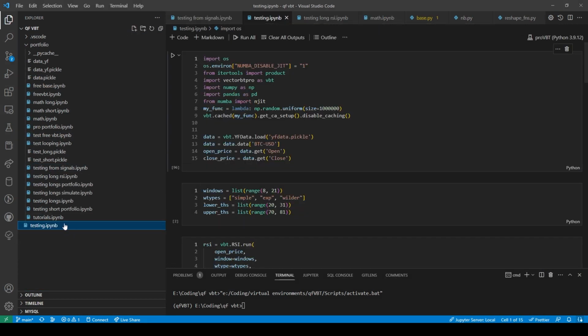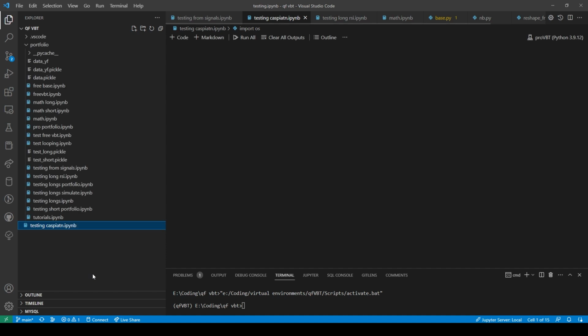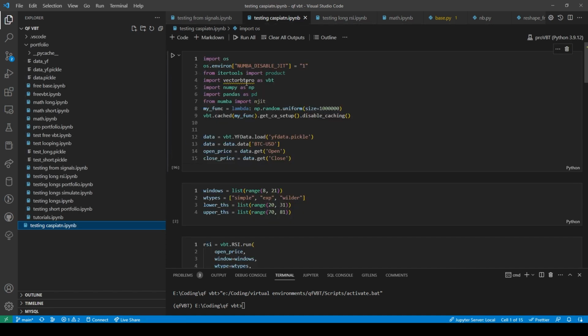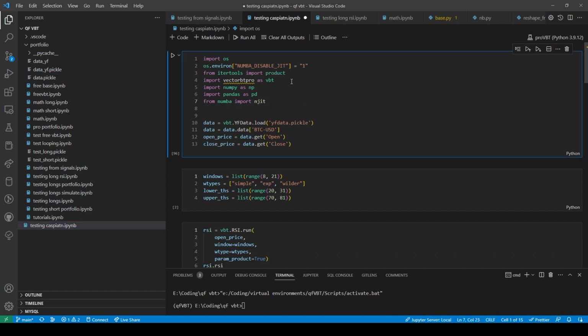Oh my god, all of this stuff. Testing Cartesian. So we don't need, where vectorbt is that.